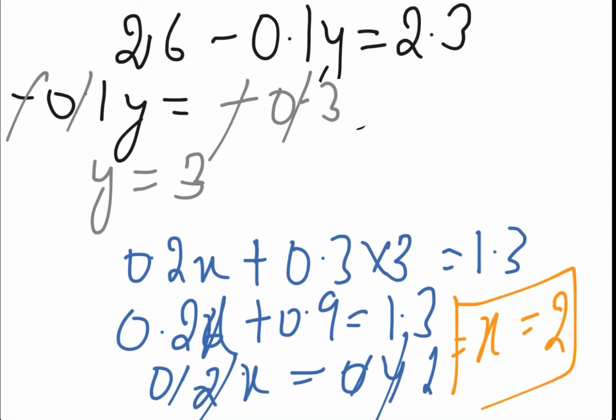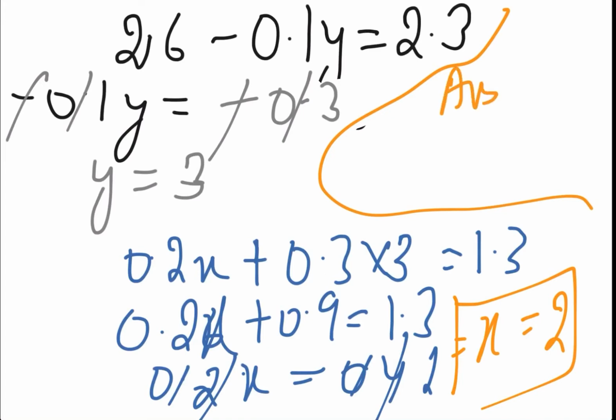Okay. So what is my final answer? My final answer is y is equal to 3 and x is equal to 2. Okay. Simple calculation of decimal. I could have done it in fraction also, but I just wanted to show you that decimal also can be solved. Okay, just be cautious about the point and you can solve the equations very simply.